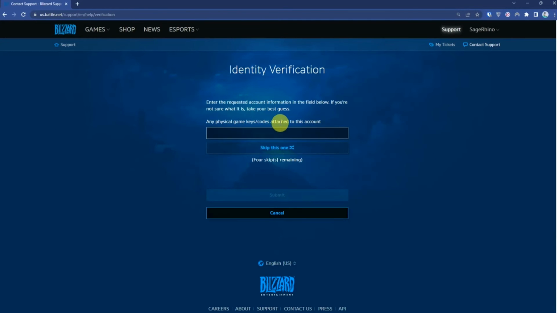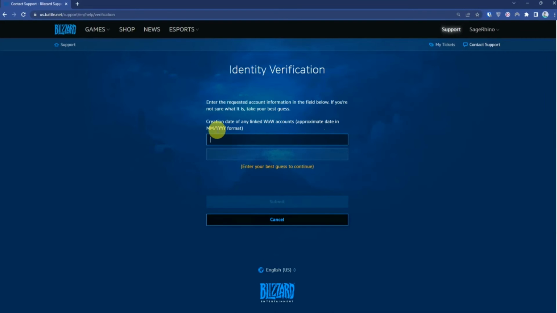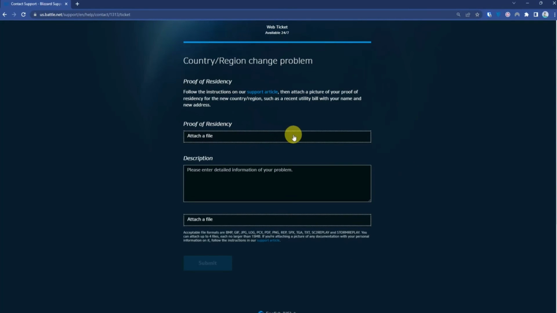Then over here in the identity verification just simply skip all of them first. Then just simply write anything. Then just press submit. Now over here you have to attach some proof of your new residency or a region,